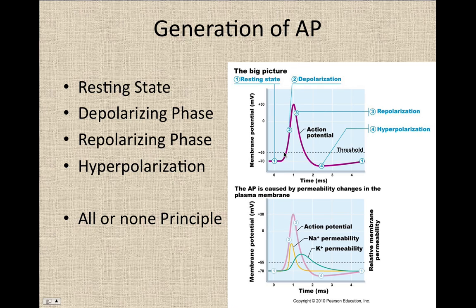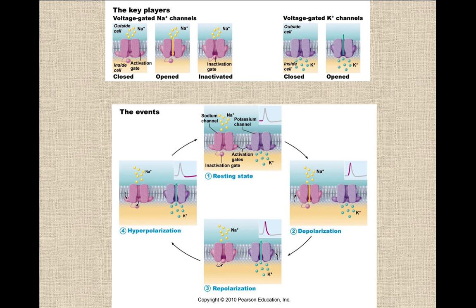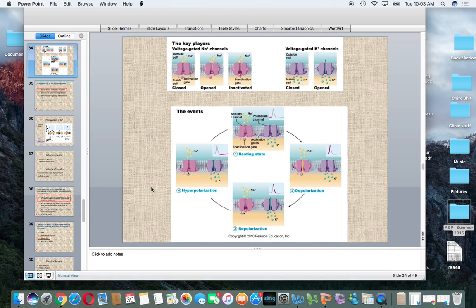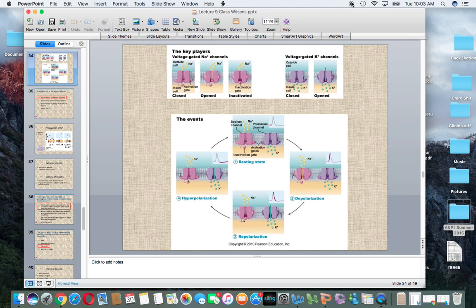So if you don't get to threshold, if you get that signal right here, you're not going through that action potential, and it comes right back down here. There's no signal sent. There's no propagation of that wave. So you either get to threshold and create that action potential, or you don't. Okay, so we're going to discuss this in the next set of lectures in depth. I want you to